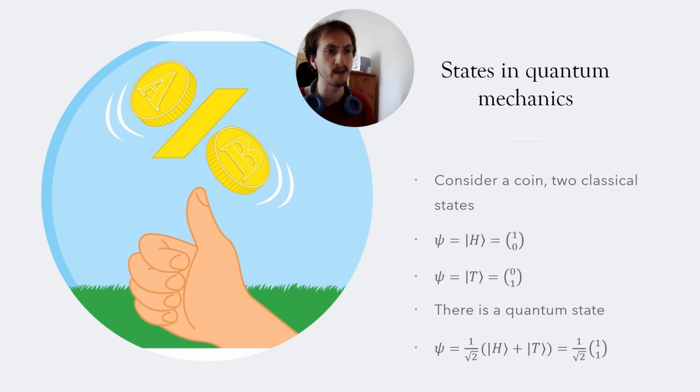Now it doesn't really matter in which order these things are. The point is that heads and tails are mutually exclusive. So where there's a non-zero number for the head state, there's a zero number for the tail state, and vice versa. And these are the only two states for a coin that can exist classically if it's lying flat on the table.